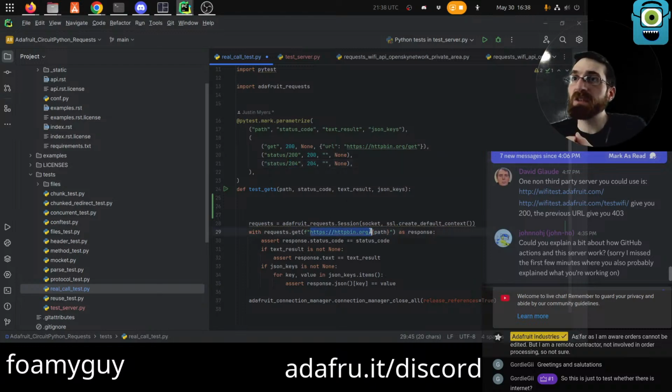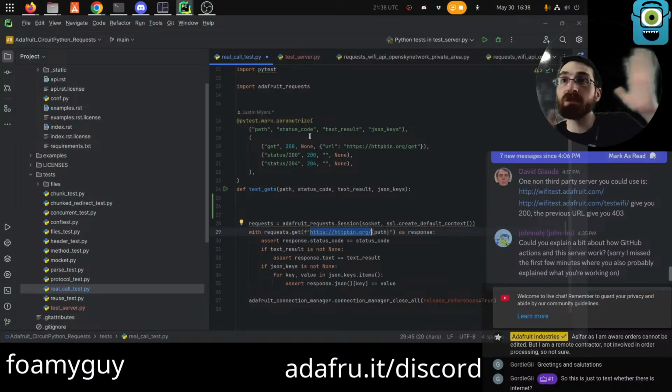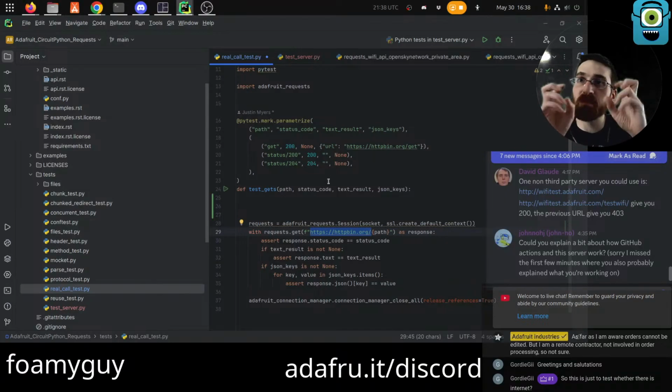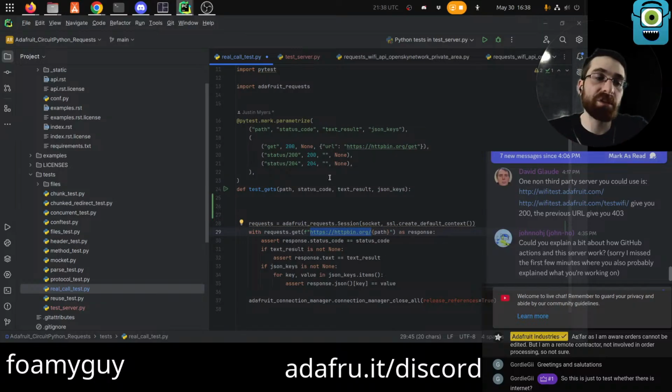It just happened to use this third-party internet-based system, this httpbin.org thing, which is convenient for checking that, but sometimes it's down. And so by doing it locally, there won't be a third-party thing that can be down. We'll just run the thing we need, do the test against it, and then we'll be done. Let me know if that does not make sense, though.